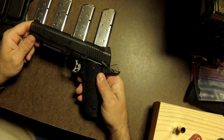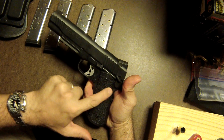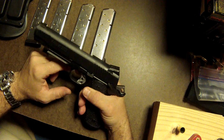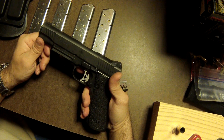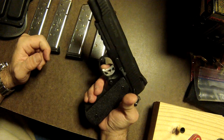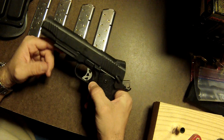Once again, this is an excellent weapon. A lot of people, when they do this, they'll either heat this down so that their finger can get to the magazine release a little bit quicker. Really, when I go to change, I always swing my hand over a little bit. I hit that